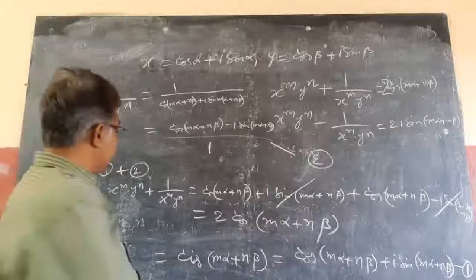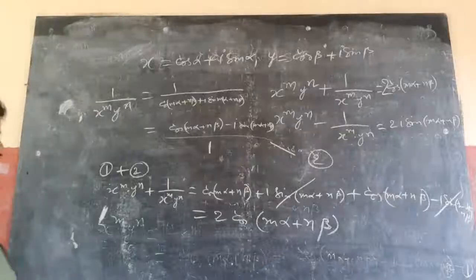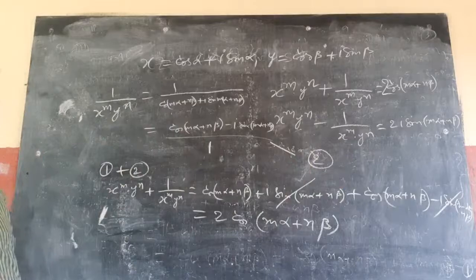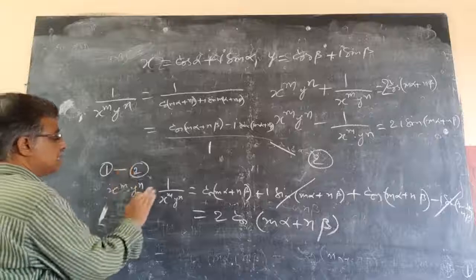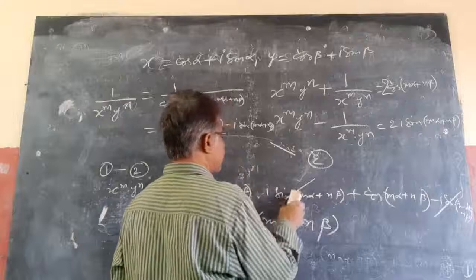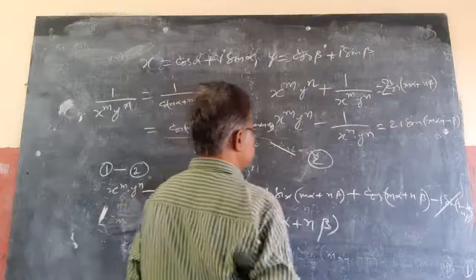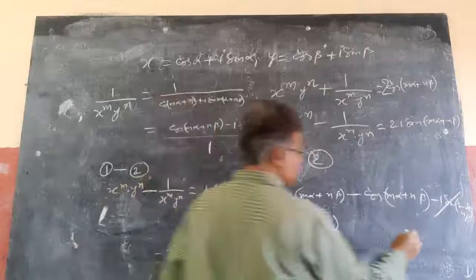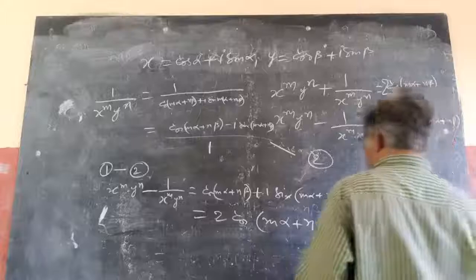Next, what do I need? 1 minus 2. I need to do 1 minus 2. Like the same, if I do 1 minus 2, what do I get? So the next step is I am doing 1 minus 2. Here I am just writing, you can't write directly in notebook, you write separately because this is a separate question. I am manipulating, you can't do that. You must do properly. And this is minus into minus, automatically plus.